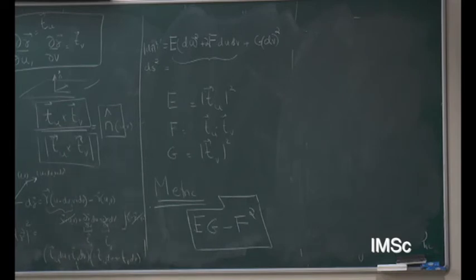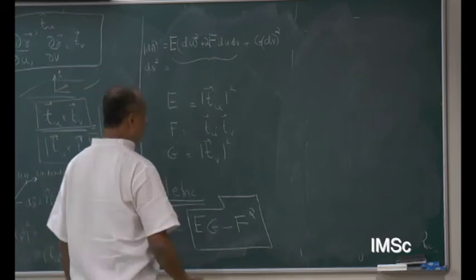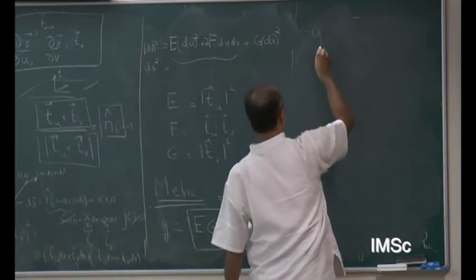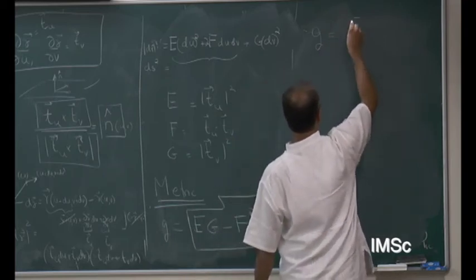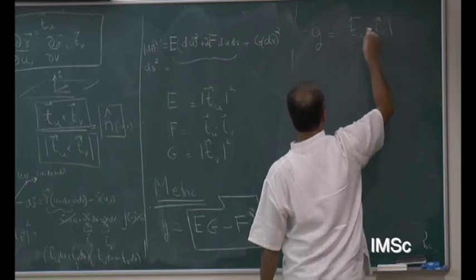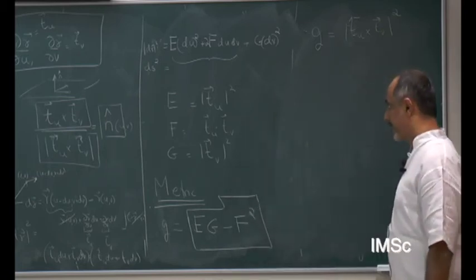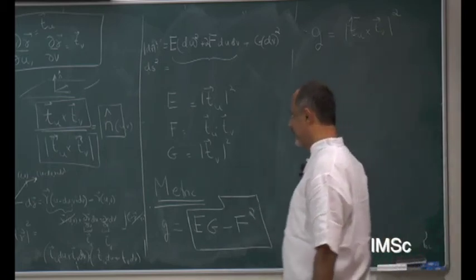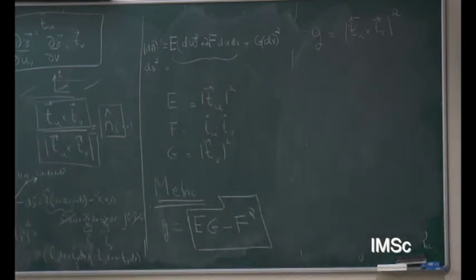And the reason it's useful is that this metric, which we call G, is just (Tu cross Tv) the whole squared. Okay, that you have to work out. And what I would